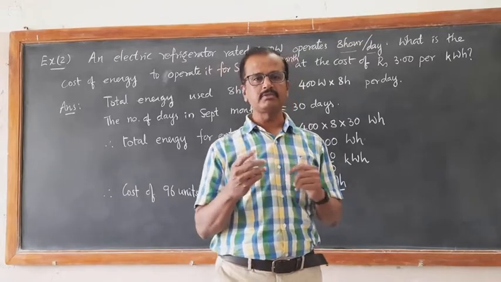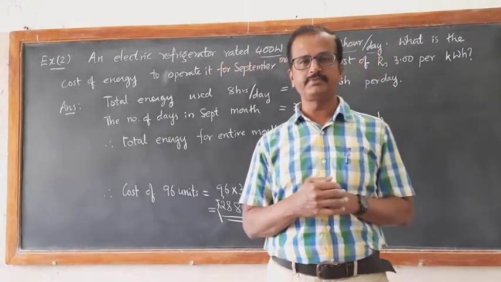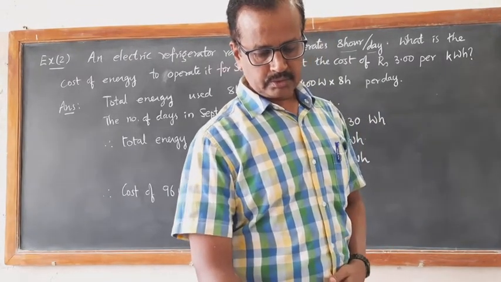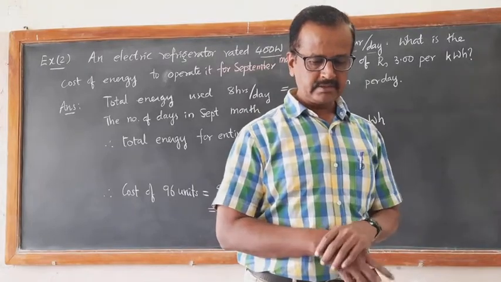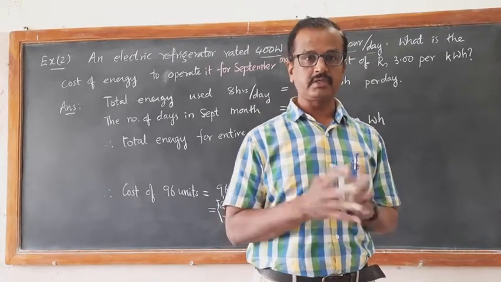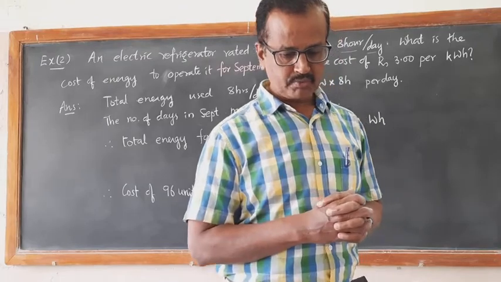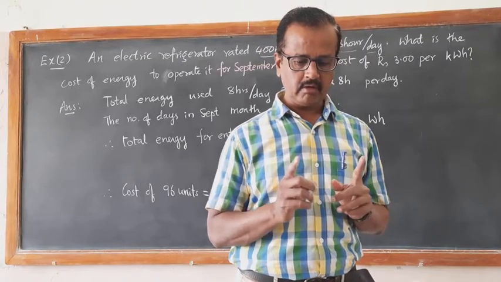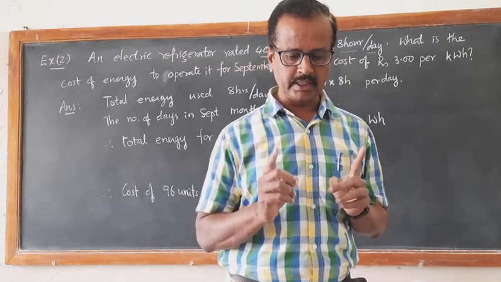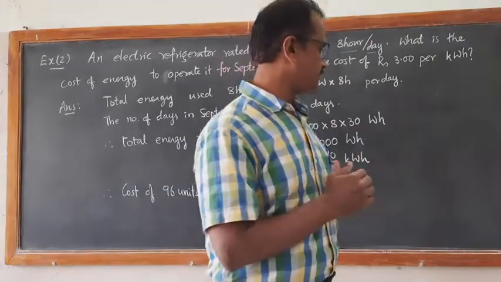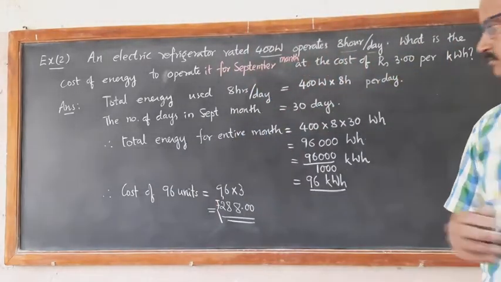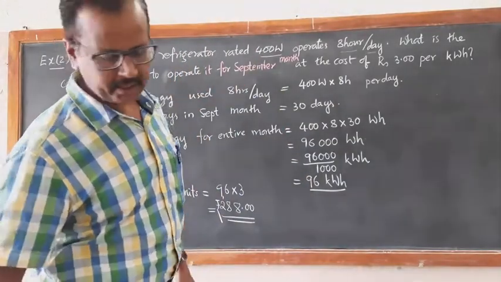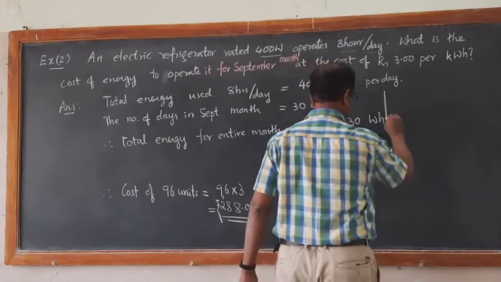Now let me solve one more simple problem which I had asked you in the previous video. That is, there are two electrical gadgets. One is a TV, another one is a toaster, as I asked you last time. Which uses more energy? A 250 watt TV set in 1 hour or a 1200 watt toaster in 10 minutes. So let us calculate that. I have already given you the question, so no need to write it once again.